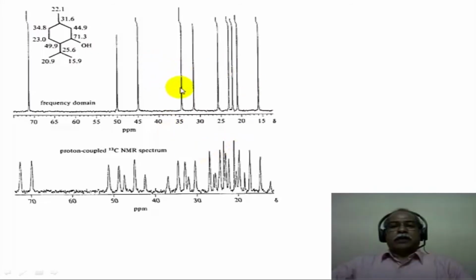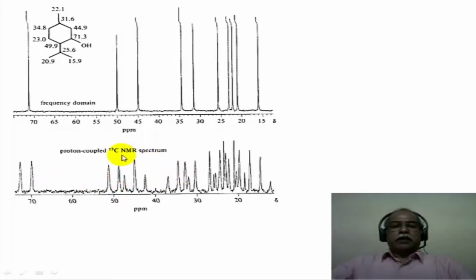Now, if you look at this spectrum, this is a completely proton decoupled spectrum of menthol. Menthol is this particular molecule. And if you look at the number of carbon signals, 1, 2, 3, 4, 5, 6, 7, 8, 9, 10 signals are there. So it must contain 10 carbons: 6 ring carbons, 3 carbons of the isopropyl group, and 1 carbon of another methyl group. So totally 10 carbons are there in this particular molecule. It's a completely unsymmetrical molecule. It is a chiral molecule. So that is one of the reasons all the carbons show up separately.